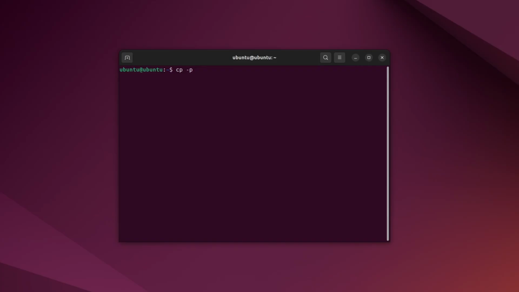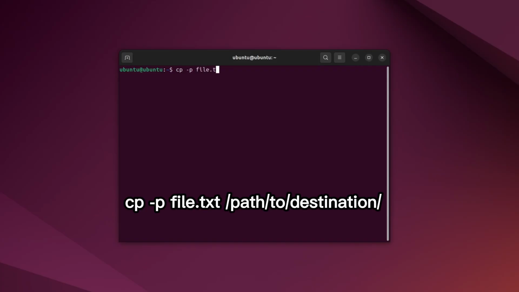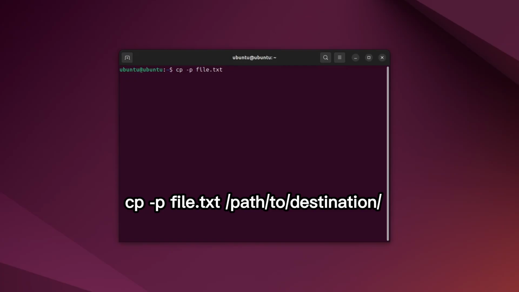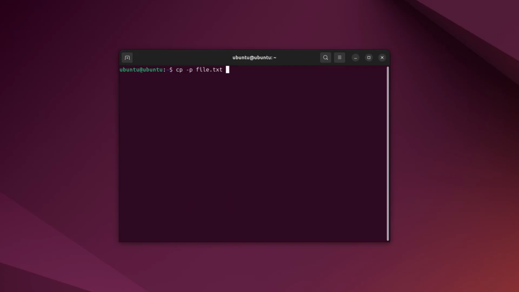Here is the full command: cp -p file.txt /path/to/destination/. Replace /path/to/destination/ with the actual path where you want to copy the file. For example, if you want to copy it to your Documents folder, use this command: cp -p file.txt ~/Documents/. After you run this command, the file will be copied and the new file will have the same